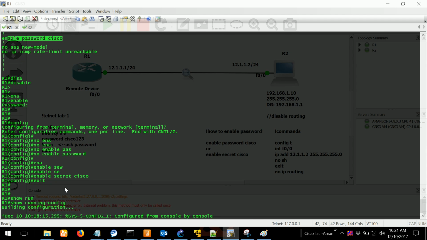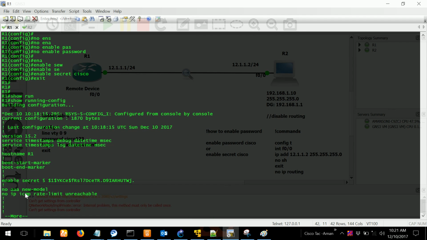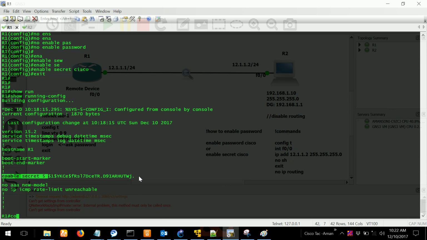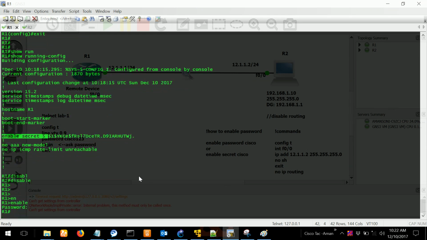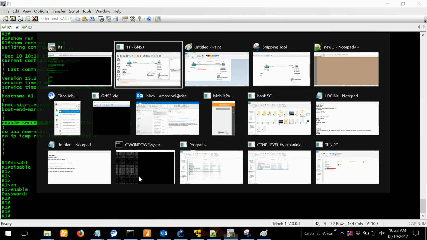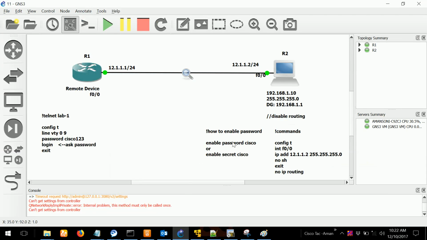But look at this now. You cannot read the Cisco or the secret password. This is my Cisco written as an MD5 hash value. It will use some hashing algorithm to give me the hash. No one can read this. Okay, so let's disable, but it will work nonetheless. Enable, Cisco, working fine. So now I have set the enable secret password. One of these two has to be there.